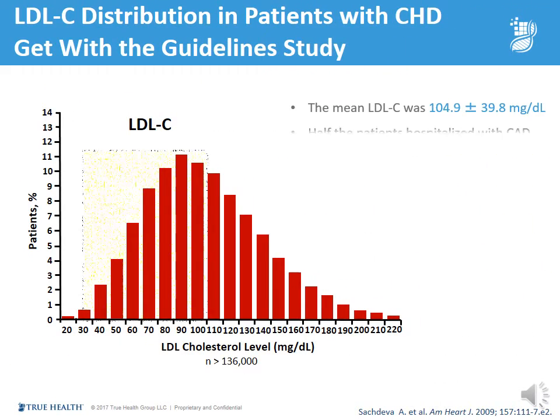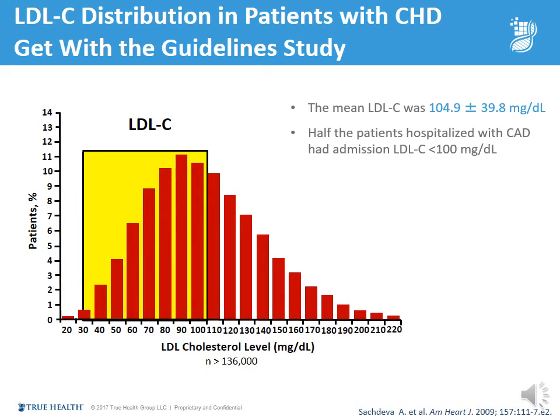Of course, we've known from many epidemiological and clinical trials that although LDL cholesterol has a high correlation with cardiovascular risk, there are an awful lot of people with significant coronary disease who do not have seriously abnormal LDL cholesterol levels. One of the more famous studies is the Get with the Guidelines study, which looked at hospitalized patients who were known to have existing coronary artery disease, and they looked at lipid concentrations in 136,000 of them. And as you can see from the LDL cholesterol distribution curve,